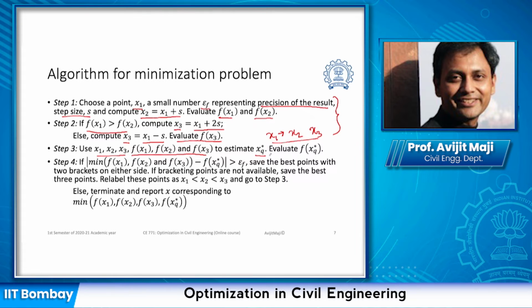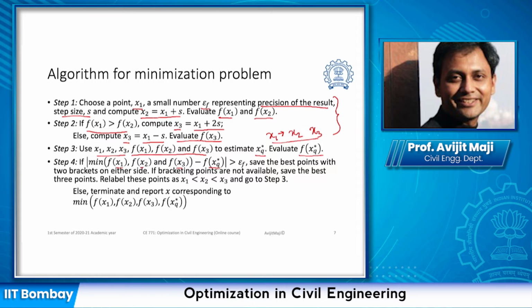So once we find that particular point, we need to evaluate the function value at that point. Then we need to see whether the minimum objective function value we have between the 3 points x1, x2 and x3 and the objective function value at the new point xq star,